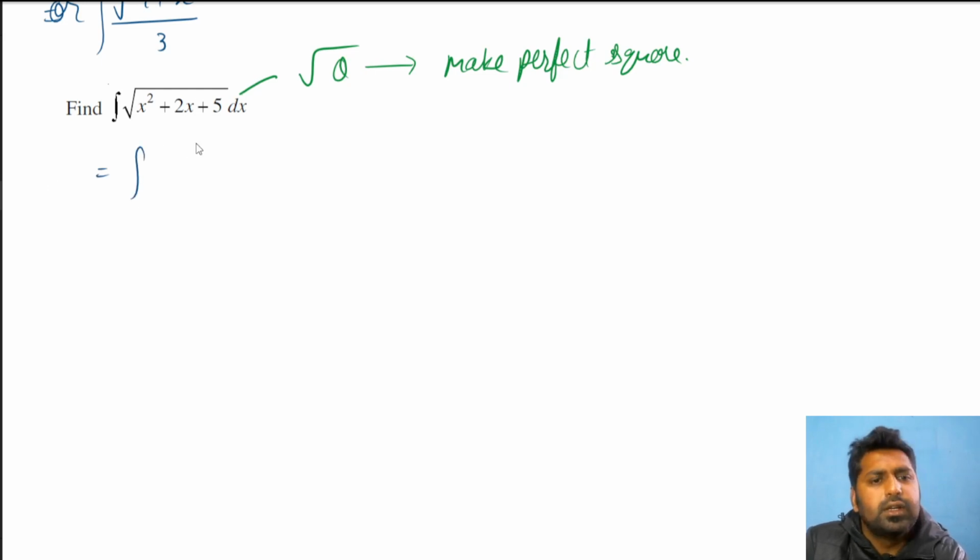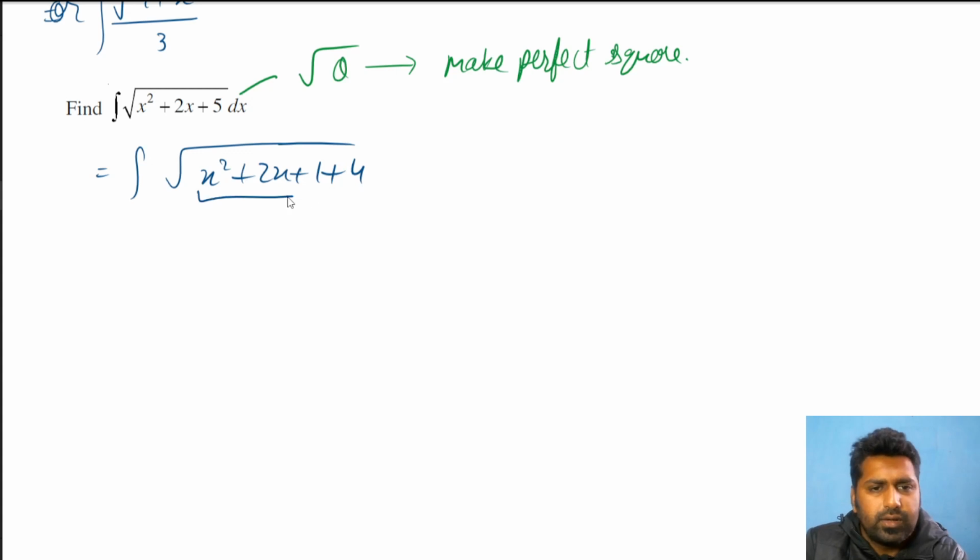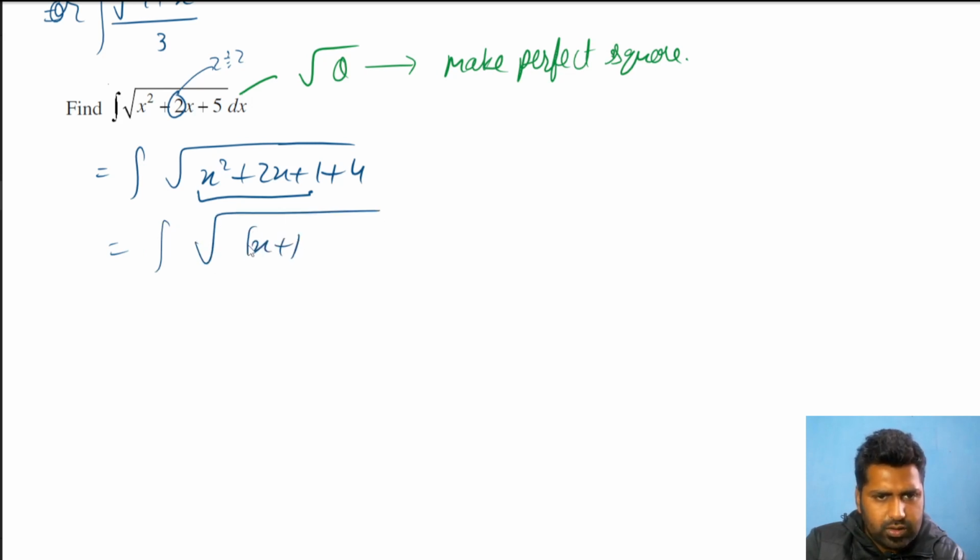Integration, if I try to make it a perfect square, it's very easy as such. I can write this as x square plus 2x plus 1 plus 4. You can use that method too, adding and subtracting 1 square, half of the coefficient divided by 2, that will also work. This was an easy expression, so I identified it easily. So x square plus 2x plus 1 plus 4 I've written. So this becomes the integration of the square root of x plus 1 whole square plus 2 square. Now that's your capital X, and this is your a square. So the answer is